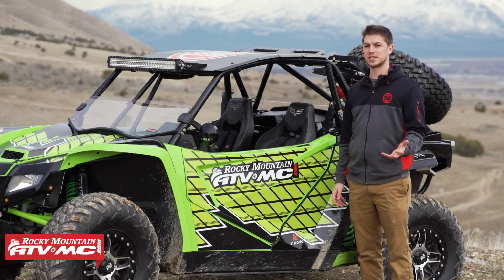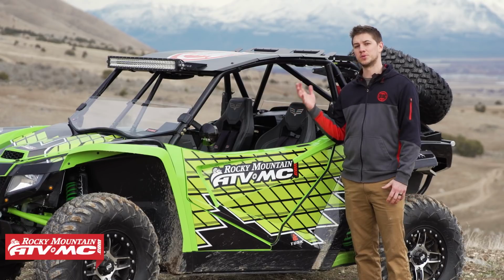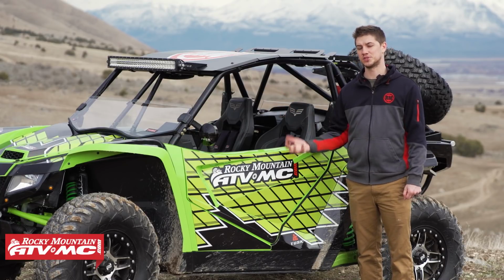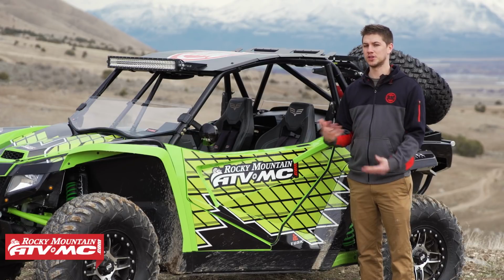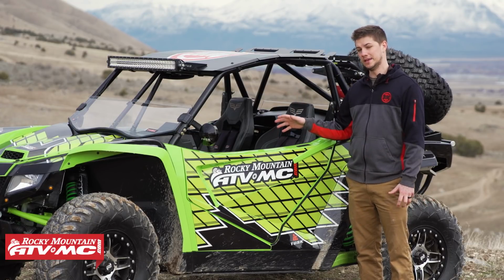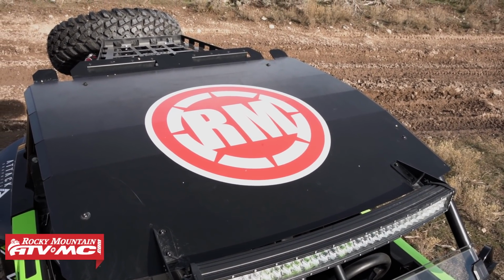Okay, so our second accessory, and one of my favorites, and I really think it's a must-have, is a roof. So with a roof, it really just helps protect you from the elements, whether it's hot outside and you need some shade, or if it's raining or snowing, it's gonna keep you protected, keep you dry, and keep you comfortable in the cockpit. So we've gone ahead and put on our Tusk aluminum force roof, and this is an awesome